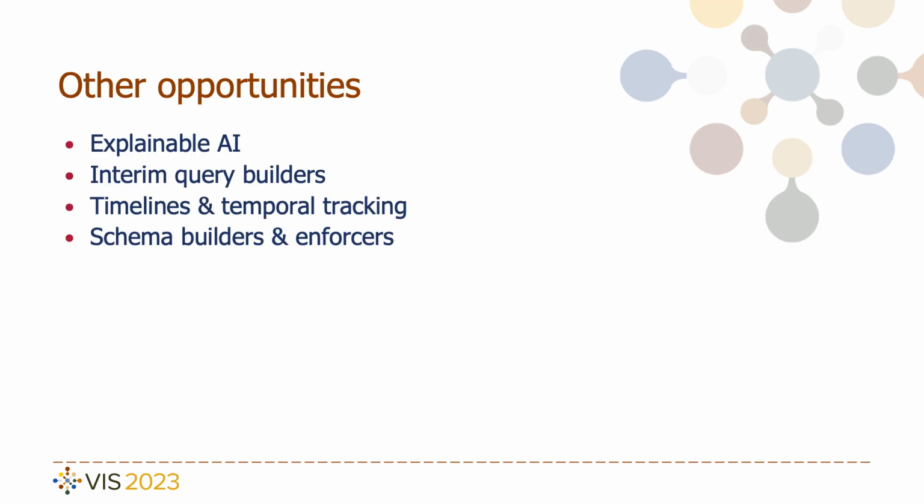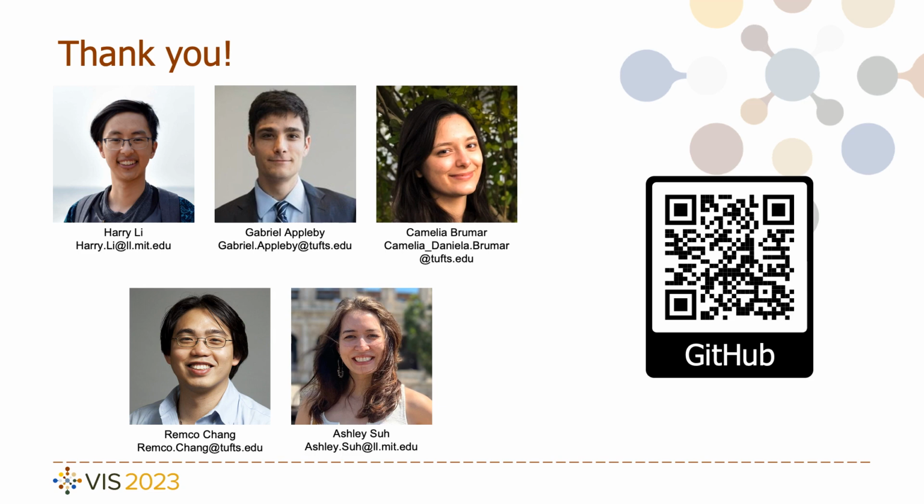Other opportunities we identified for KGs include using them for explainable AI systems, developing interim query builders to help users get results as the system is trying to find data for the query, using KGs for timelines and temporal tracking, and also developing schema enforcers and builders for KG builders. In conclusion, we interviewed 19 knowledge graph practitioners to understand their roles, visualization needs, and future research opportunities. All of our